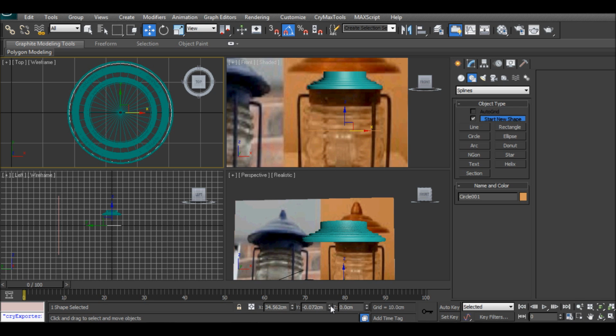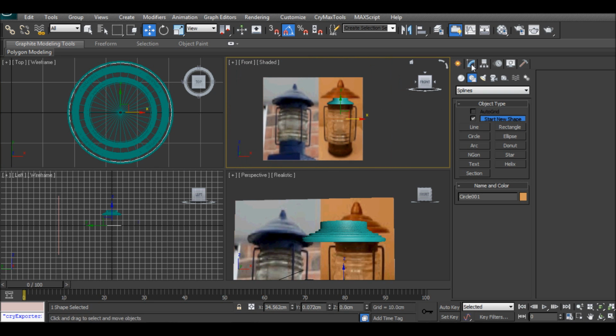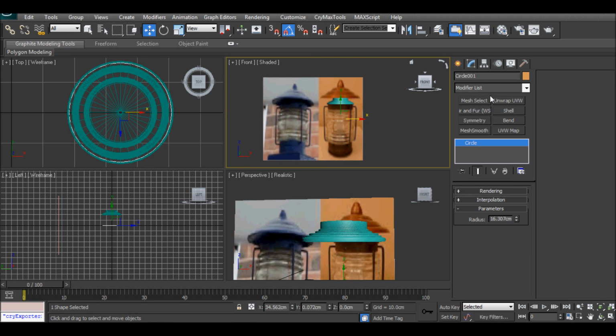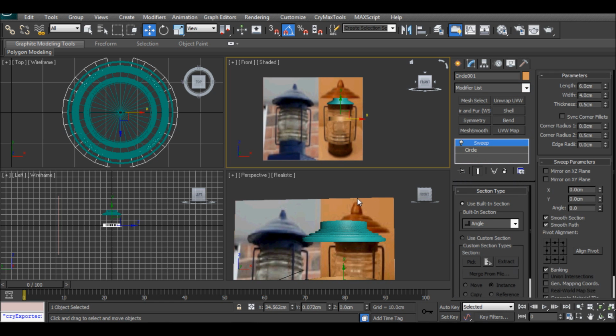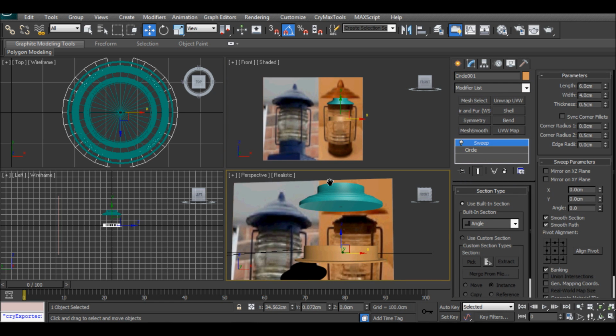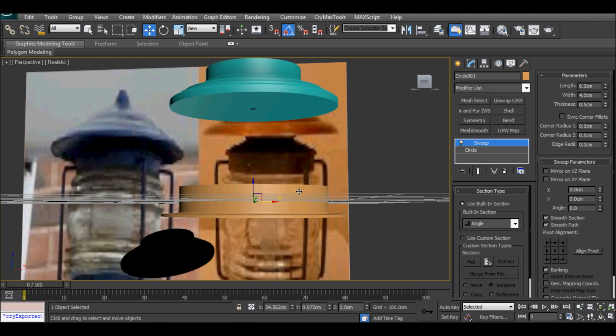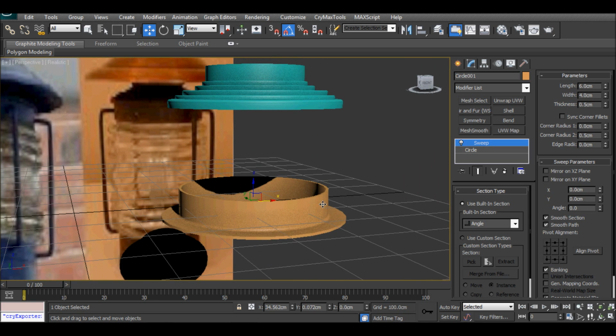And then we can use the, is it the Z? No, it's not the Z. Press Alt Z. Bring it up a little, and there you go, it's bang on. Now what you want to do is use an option called sweep in the modifier. So if we just go to here and look for S. I'm blind. Am I blind? Sweep. And then if we look down here, let's hold Alt and W,